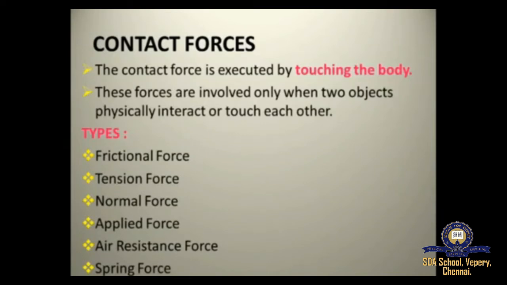The next one is the normal force. The normal force is the force exerted upon an object that is in contact with another stable object. For example, if a book is resting upon a surface, then the surface is exerting an upward force upon the book in order to support the weight of the book. In that case we call it a normal force.